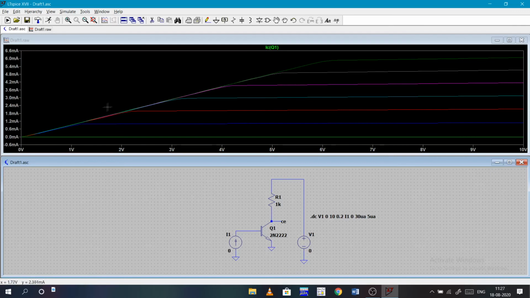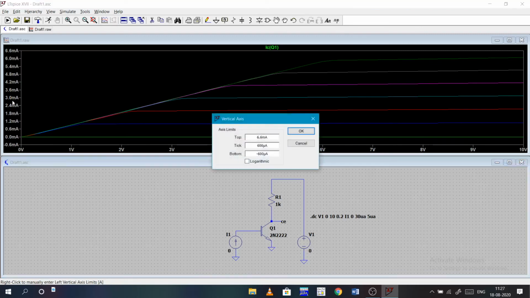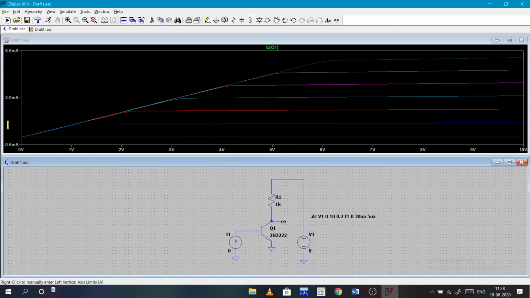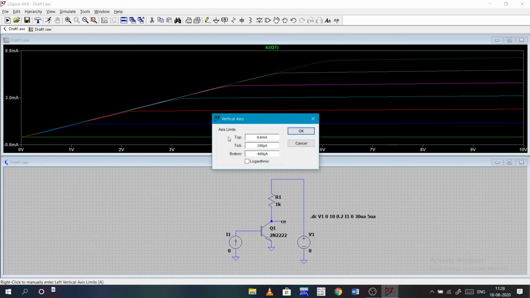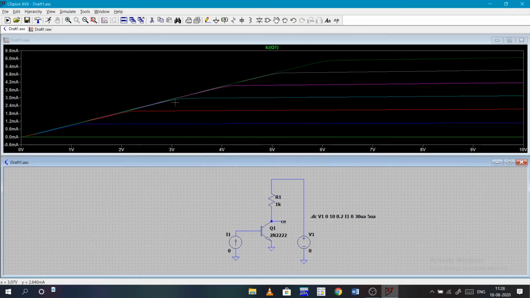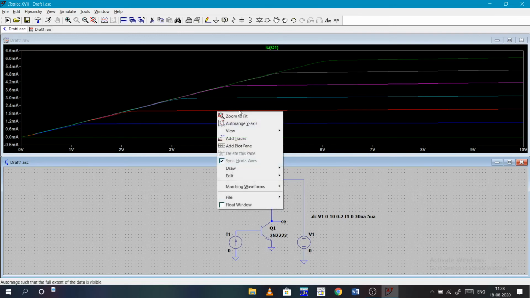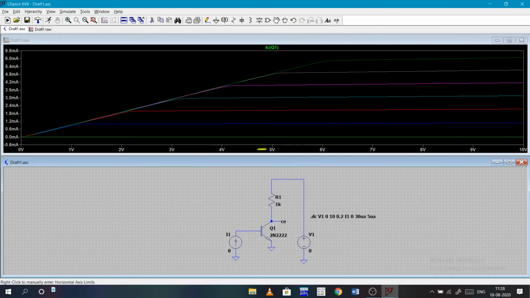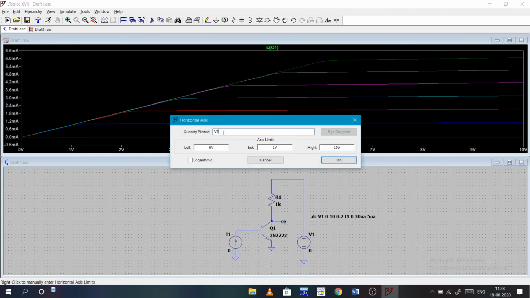At any point of time you can change the values. For example, if I want to change this axis to a different scale, you can right click here and change the axis scale. If you want 100, the scale is changed to 100. If you want to bring it back, it is level 6. One more thing, this axis can be named something else also.